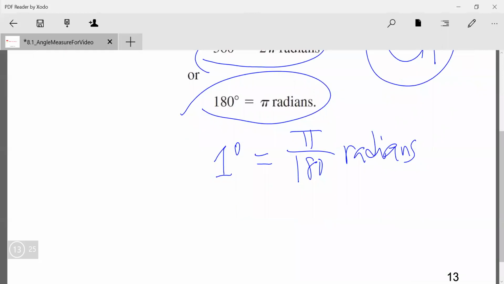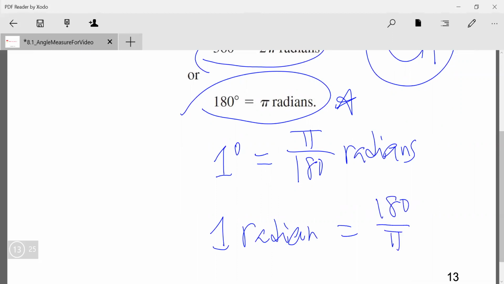We can also divide by pi, and then we get 1 radian is equal to 180 over pi degrees. So depending on whether we want to convert radians to degrees, or degrees to radians,